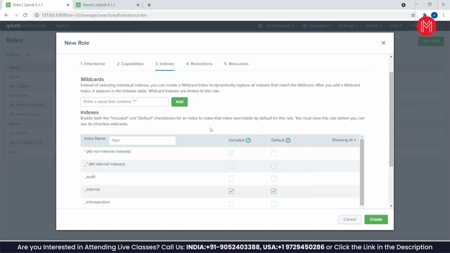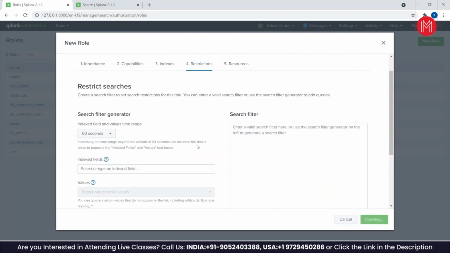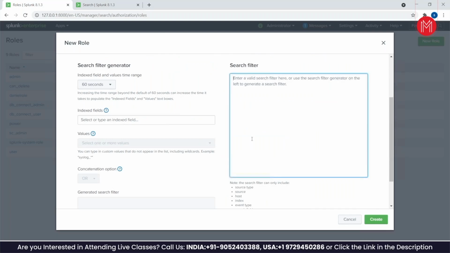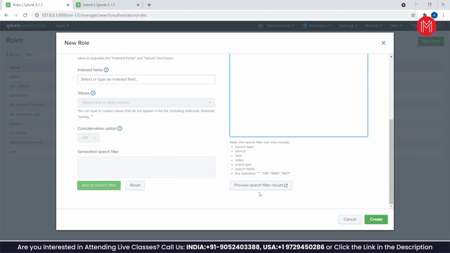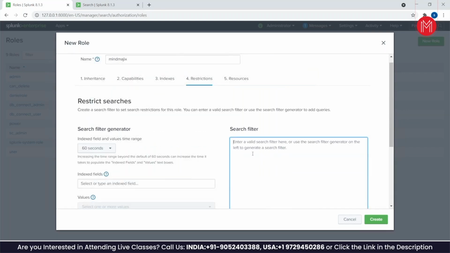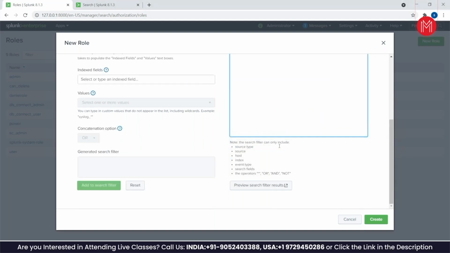So I have provided this one. And restrictions, so if you want to restrict any term, you can add it here. Search, in the search filter you can add it, and you can verify the results. For example, if they want to search only for specific source type, so for internal index, we are having many source types. So you don't want to give access to all the source types. You want to give access to only specific single source type. Then you can add it here in the search bar, and you can verify the search results, and you can